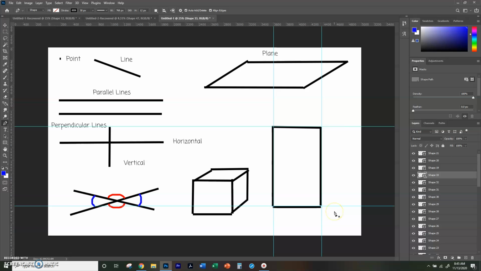That's close. And just like how we did for the cube, we're going to draw a line that's offset this way, from here to here. And we're going to connect everything. And a vertical line from here to here, and we're going to connect everything. And that is a rectangular